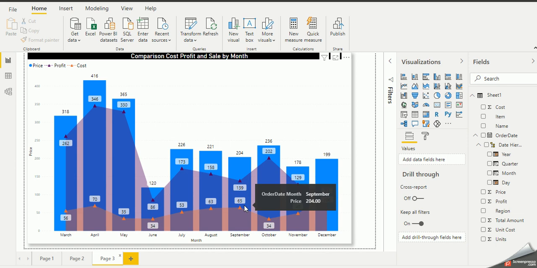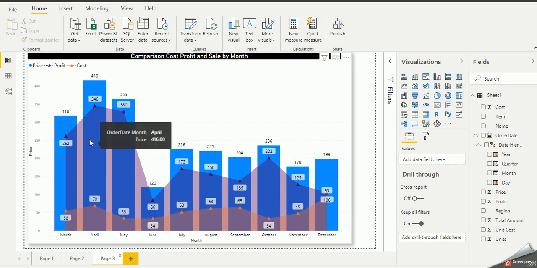So you can expedite things to get the target value for that month. So that is good. And you can see the trend also, showing trend analysis for three different measures, comparison and trend within a single visual. So this was my second topic.